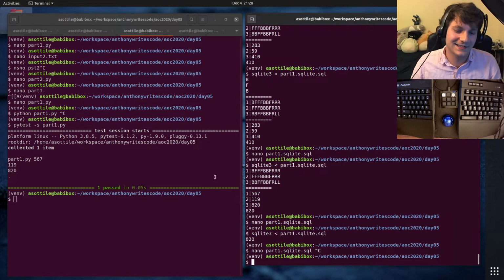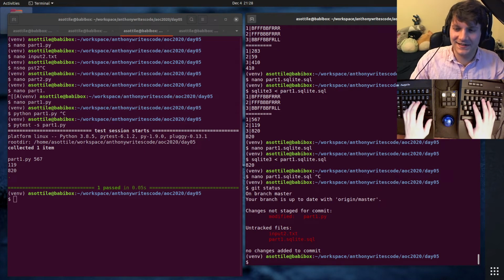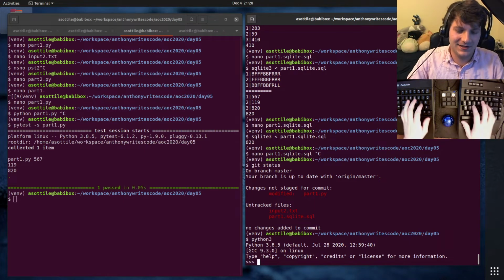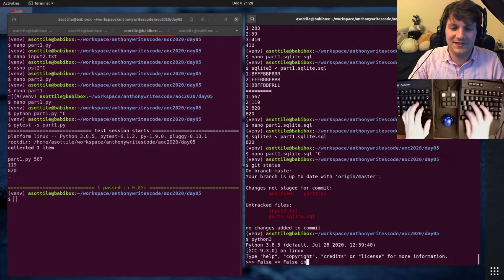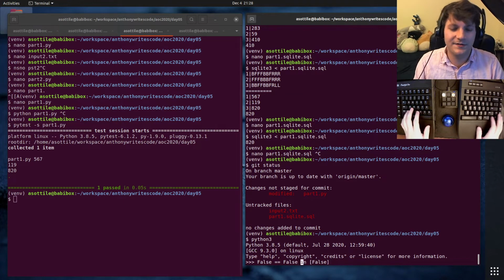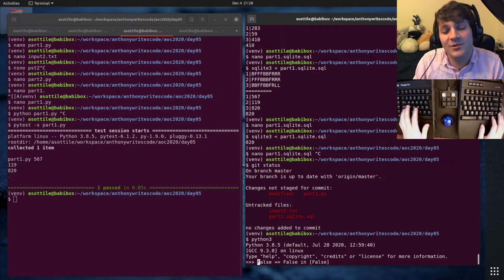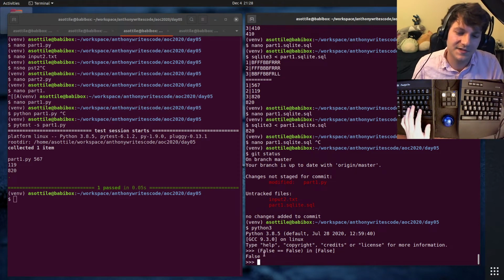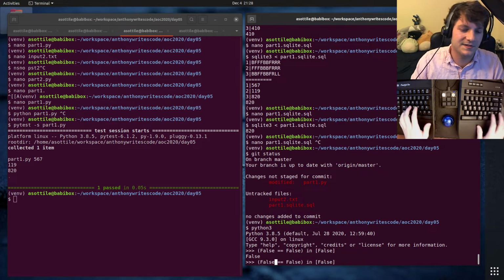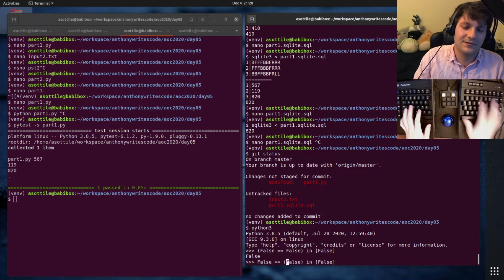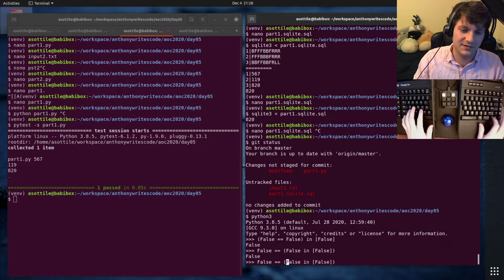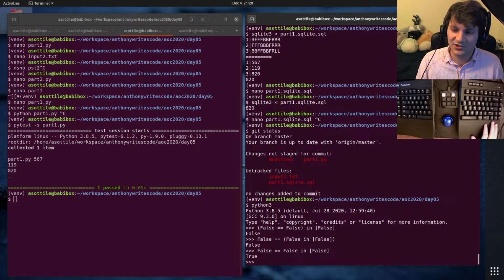WAT is a classic, indeed. Do you guys want a WAT? I'll give you 2 quick Python WATs. First one, false equals false in false. Now you might think to yourself, I don't remember the operator precedence here. And you know what? I don't remember the operator precedence either. So we're gonna try both combinations. That one's obviously false, because false equals false is true, and true is not in the array false. Let's try the other combination. False in array false. Okay, false is in here, so this should be true, and true equals false should obviously be false. Perfect, looks great. Remove both of them, and we get true.